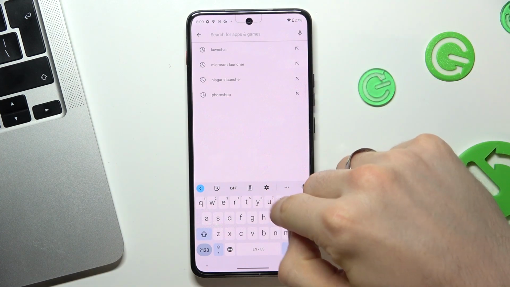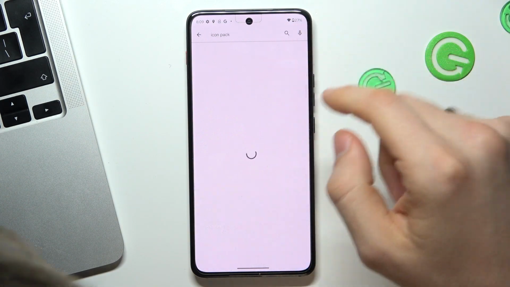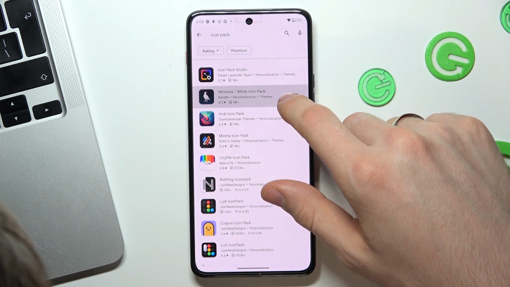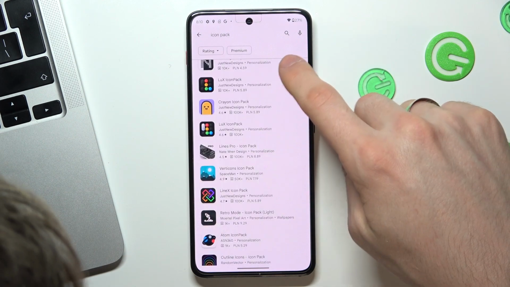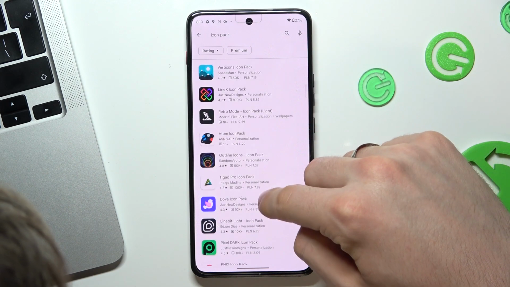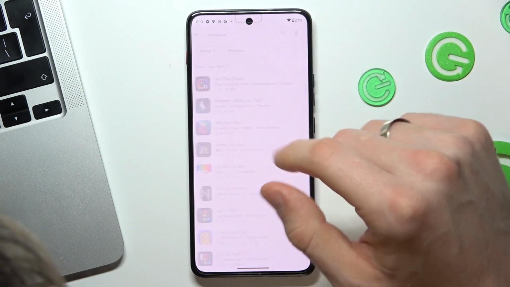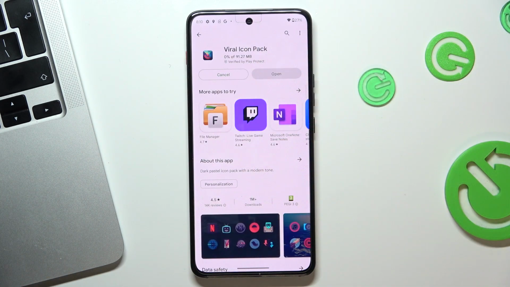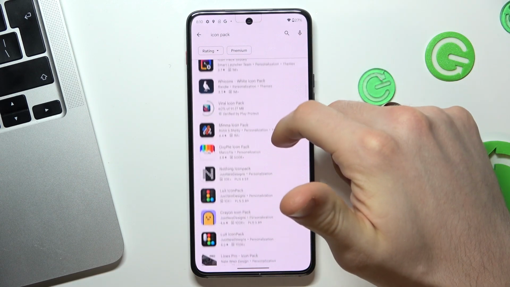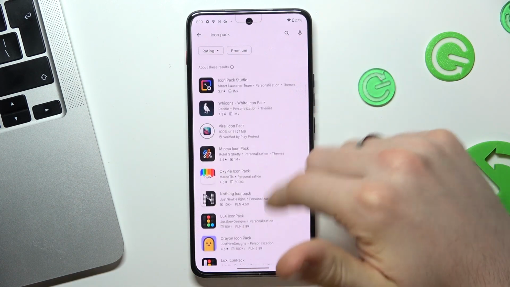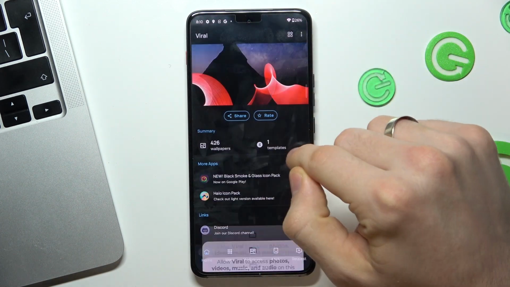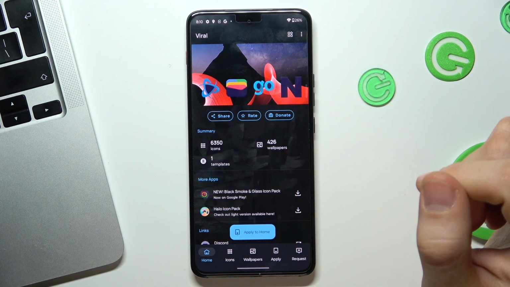For example, just find icon pack, and I want to find my favorite icon pack. My favorite icon pack is Viral. Where is the Viral icon pack? Oh, I can find it. Oh, okay, it's here. So find Viral icon pack, for example, or you can find, for example, Icons or Meme icon pack or any paid icon pack. So I want to use the Viral icon pack because this launcher has